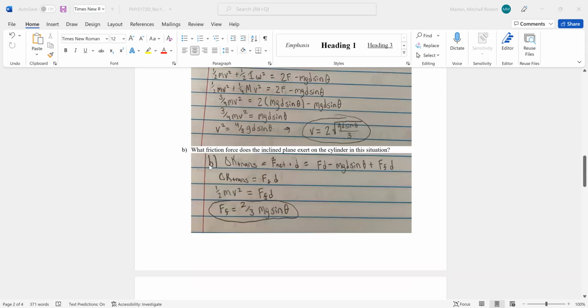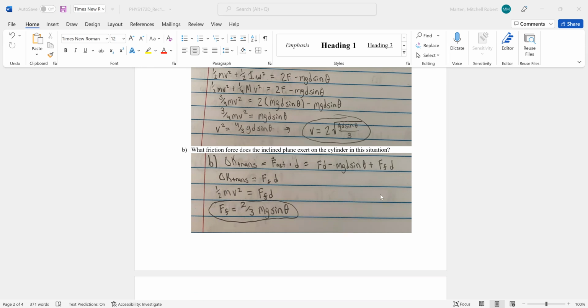And then asking about the friction force exerted on the inclined plane. So I just set this one equal to the delta K trans, which we know would be F net times D. And so we just have the force times D minus mgD sine theta plus the force of friction times D. In this case,